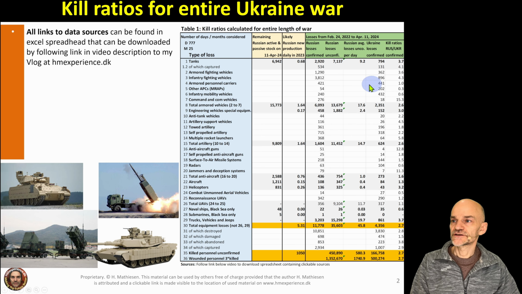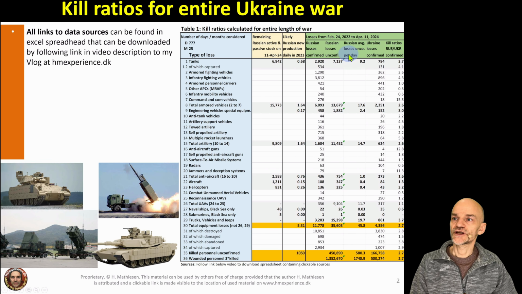What else can we see in this table here? Well, there are also some Russian losses unconfirmed. They are much higher, and that's because there's no video evidence of unconfirmed losses, but I do have that for confirmed losses. But I'll get back to that in a moment when I discuss the sources. So it's higher when it's unconfirmed. And what else do we see here?